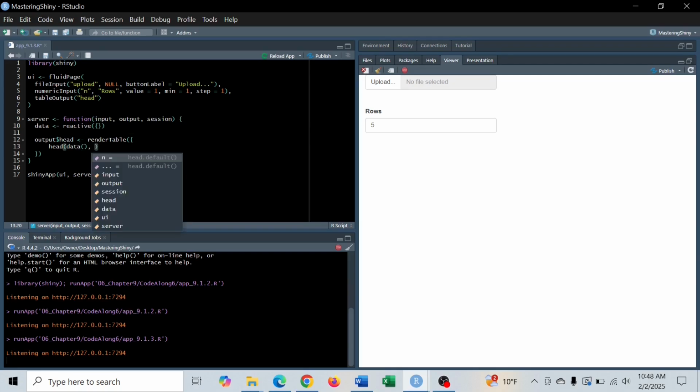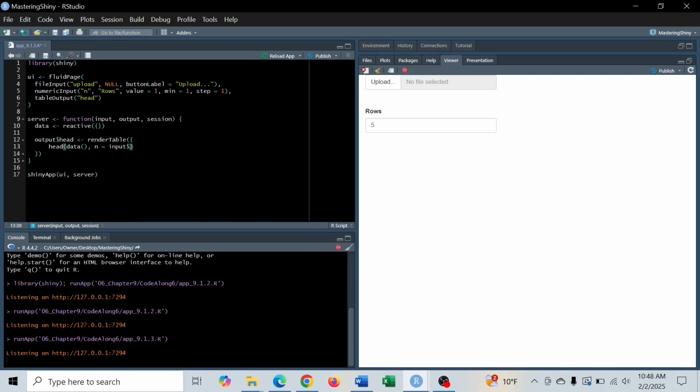And then in the head function, argument, input ID, how many rows? Input ID is n. So this n here after input $sign is not the same as this n here. And this n is the argument in the head function. Okay? And so now, here in the reactive function for data, to create data, the first thing that we need to do is